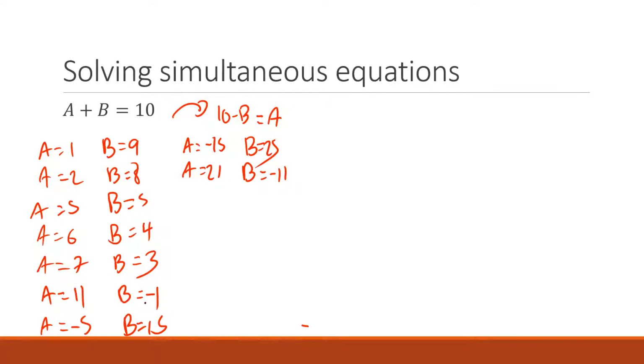Now I want to do one more different way that you could answer this question. What if I told you A was 4.5? What's B going to be? If A equals 4.5, what's B going to be? No, because 4.5 plus 4.5 is going to be 9. It's 5.5. What that means is that we've got a whole list of extra types of equations. We could have A equals 9.2 and B equals 0.8.